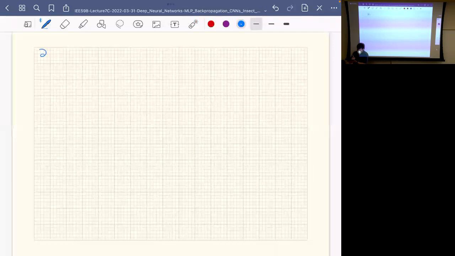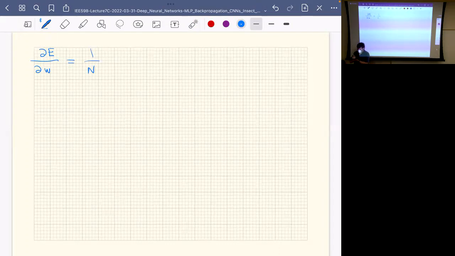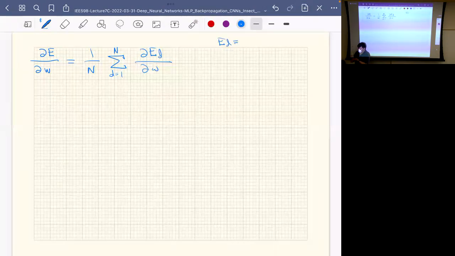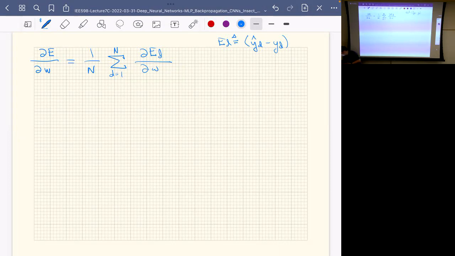So if I think about it, the partial derivative of our loss function with respect to whatever the weight is, and I'm just going to abbreviate it with W right now without the subscripts, is just going to be 1 over n times the sum from d equals 1 to n of the partial derivative of what I'll call E_d, which I'll draw here in a second, with respect to that weight, where E_d I'm just defining as the difference y_d hat minus y_d. And so really what we're saying here is